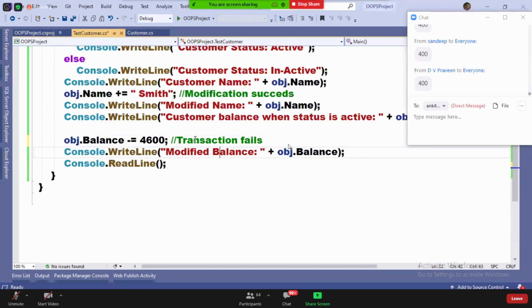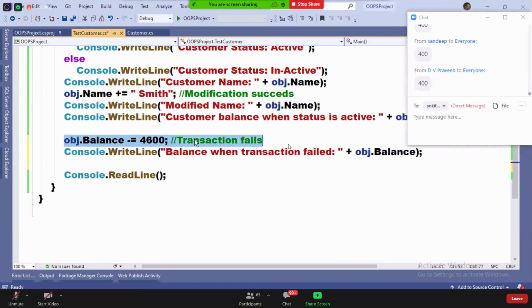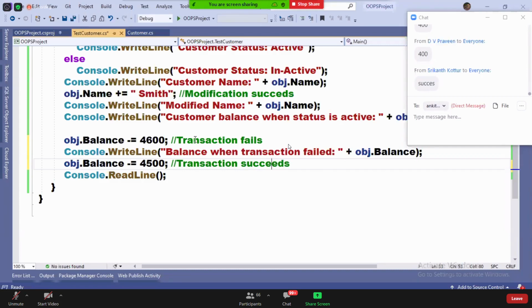Because the transaction failed, balance when transaction failed. Now guys observe. 4,500. Transaction succeeds. Transaction succeeds here.